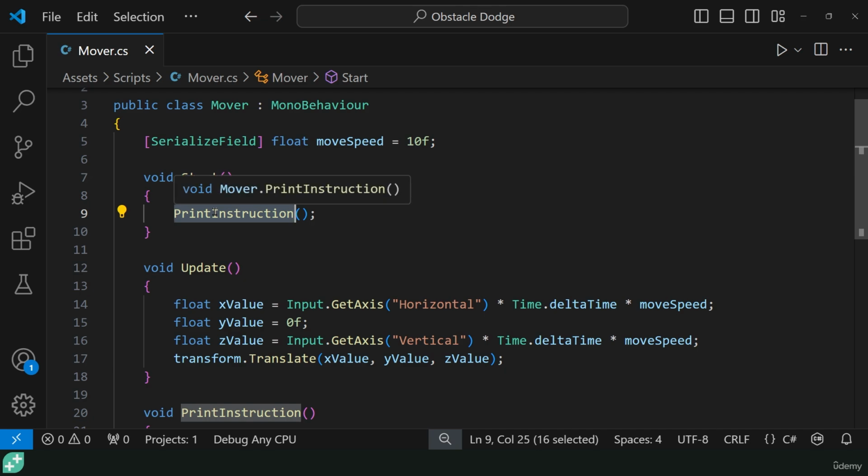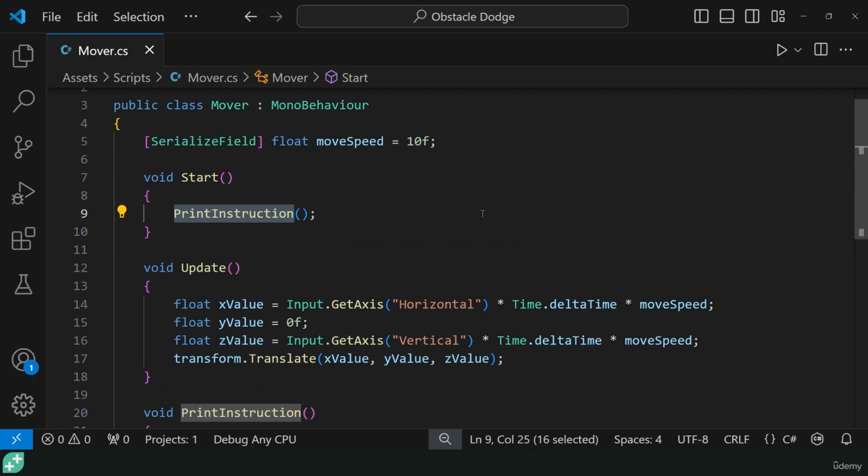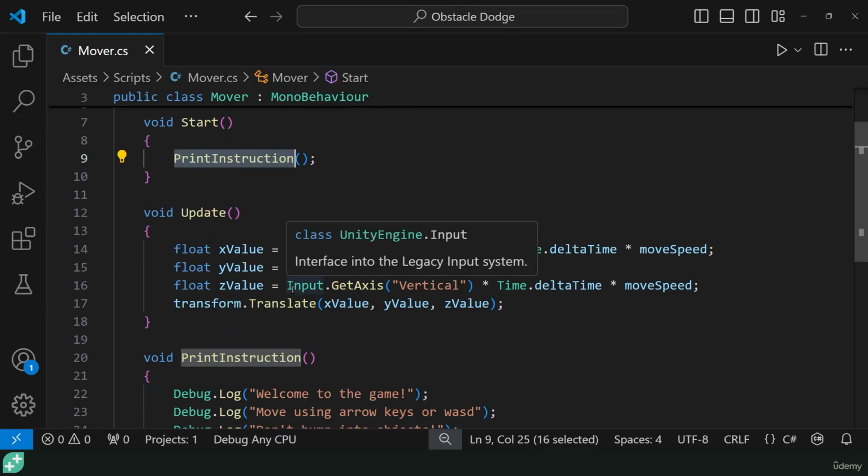So what if we wanted to print the instructions when you bumped into a wall, or print the instructions if the player hadn't moved for 20 seconds? By creating this as a method, we can easily just call this method here and call it there and call it everywhere if that's what we want to do. And so there's one more place in here that we can create ourselves a method to tidy up our code,